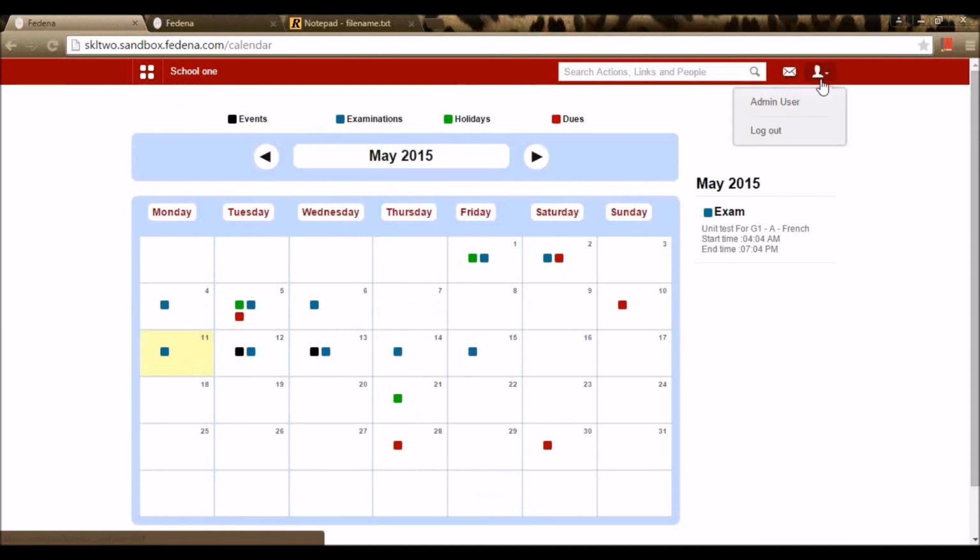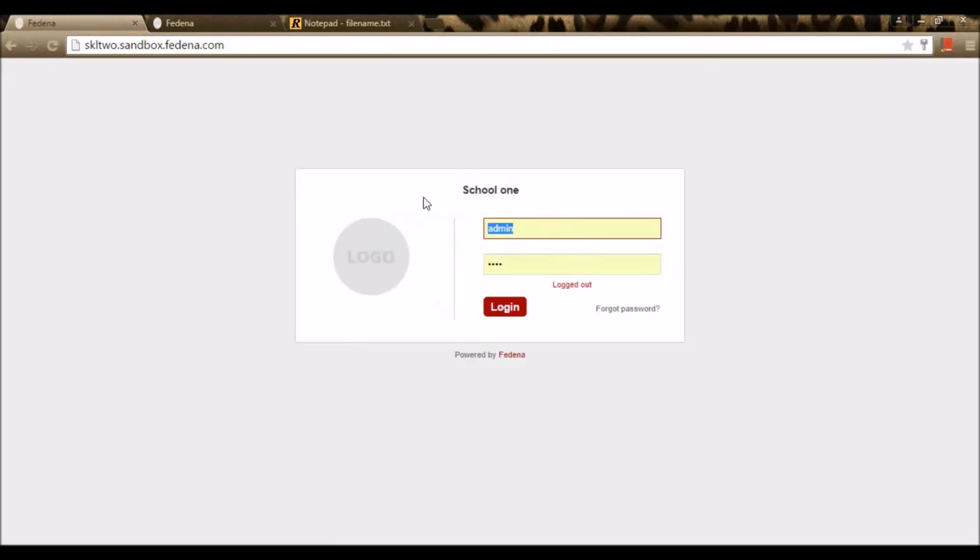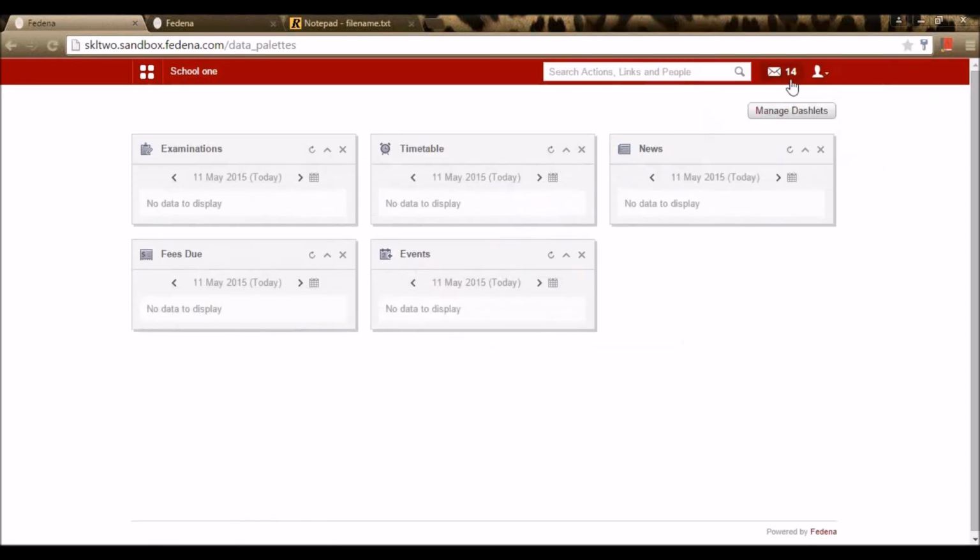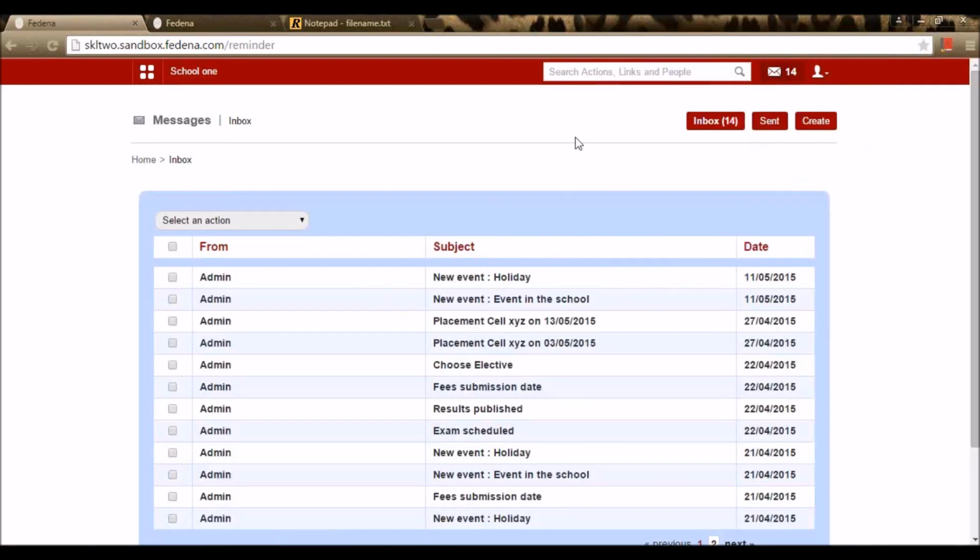Now let's log in as a student to view the event reminders that are being sent to the student. I've logged in as a student and the student can view their event reminders right here.